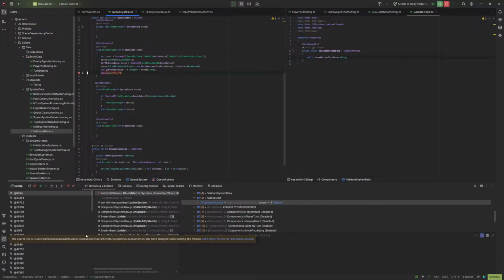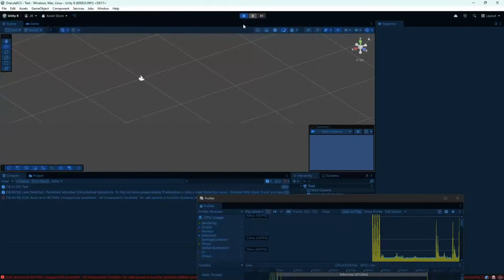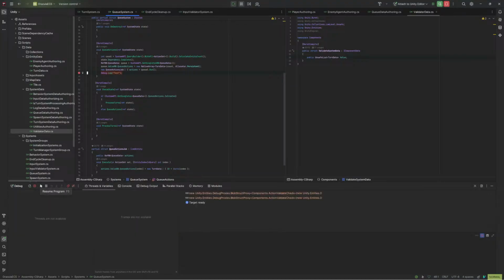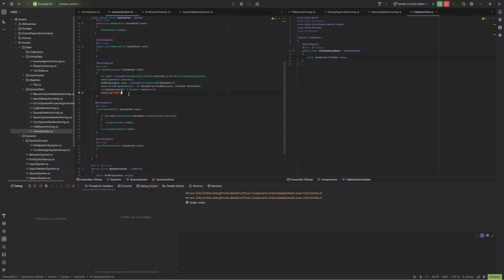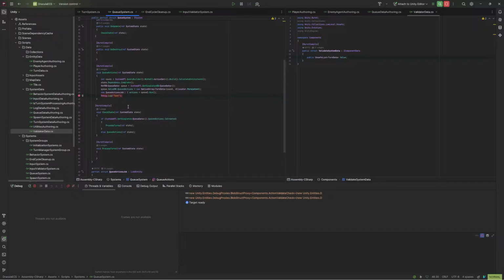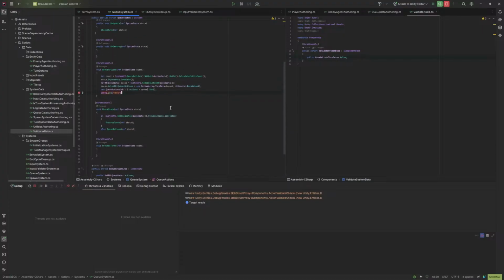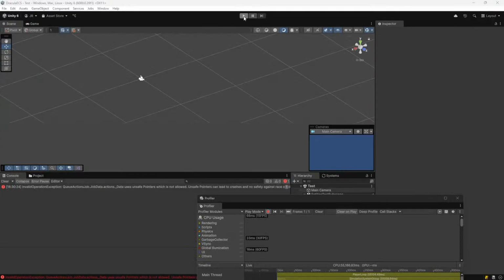What is this? The source file queue system may have changed since building the module. Oh, yeah, close. My bad. Yeah, I think that's what's happening. Okay, that makes sense. Did I do that? I feel like I did that in other parts, so we might have to fix a few more bugs on the way. But I believe now we'll close the debug. I believe we now have a working